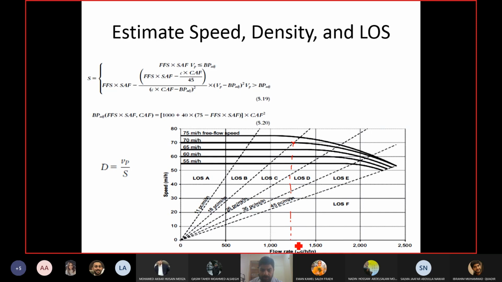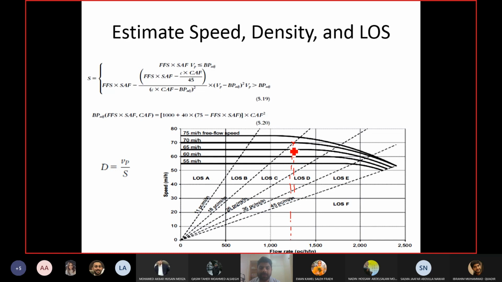Okay, so if you can find out the middle exactly here, then maybe you can plot a better line and you would know whether you're at level of service B or C. Okay, but in this case I can use a curve. So it's better if you can just plot 2, 1, 2, 3, 5 here and then make a straight line, because I don't know if my line is straight or not.